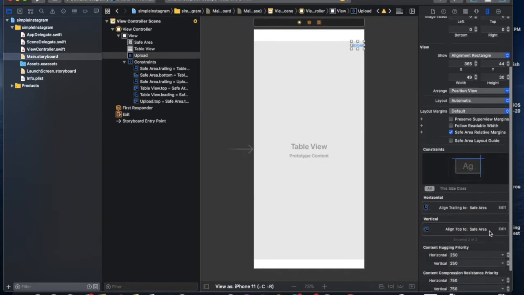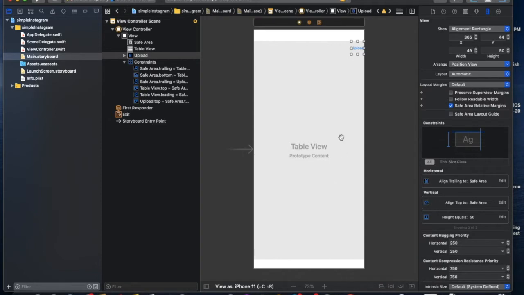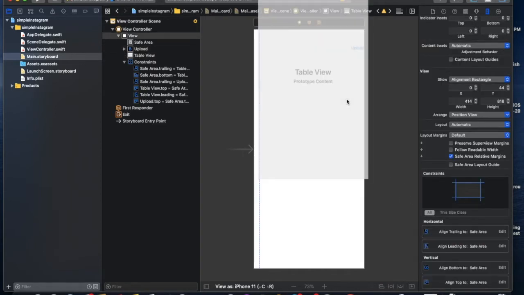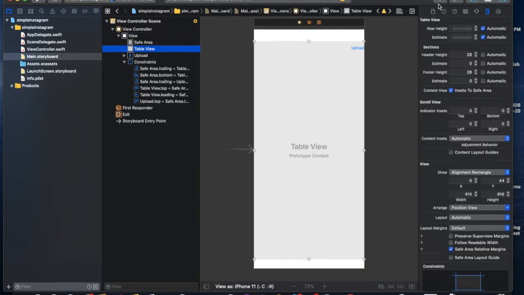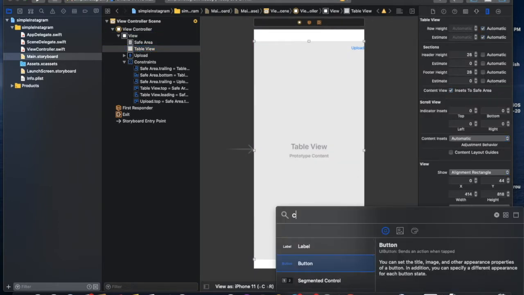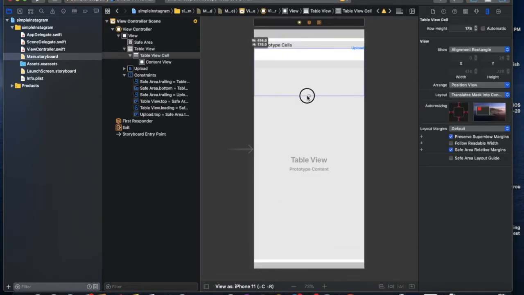For increasing the touching area, you can increase the height. We make it height like 50. Now we are good to go. Now we create a cell. So in cell, there are two types of cell. Like you can see, one for image, showing the image list, and one for showing the videos.